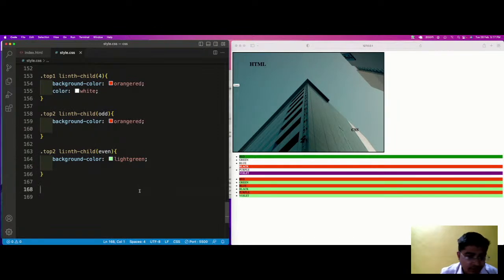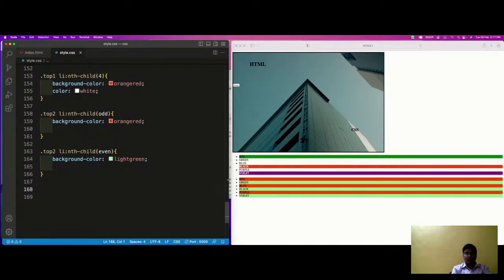So you can have this thing where you have hundreds and thousands of rows, and you want them in a pattern where you can have the colors in this kind of scenario. So you can use this thing,